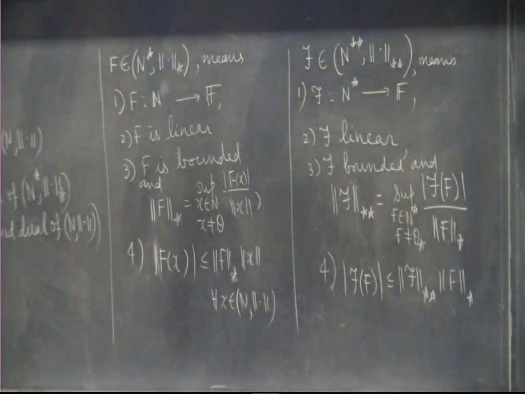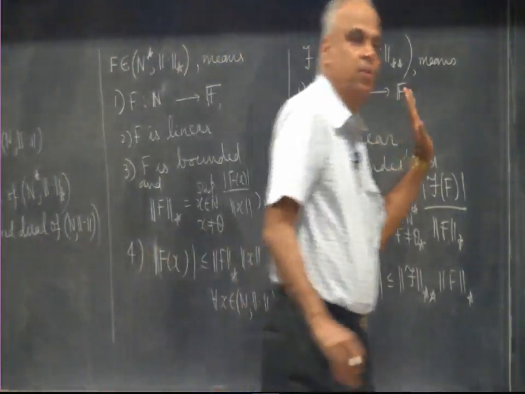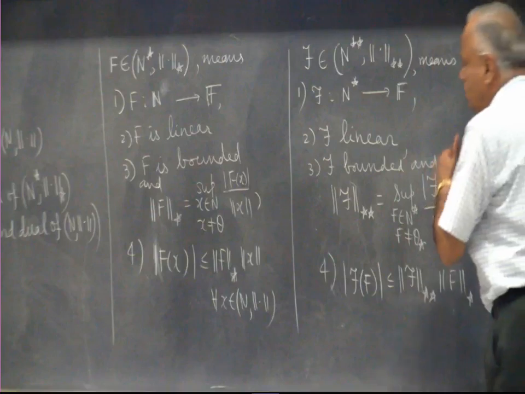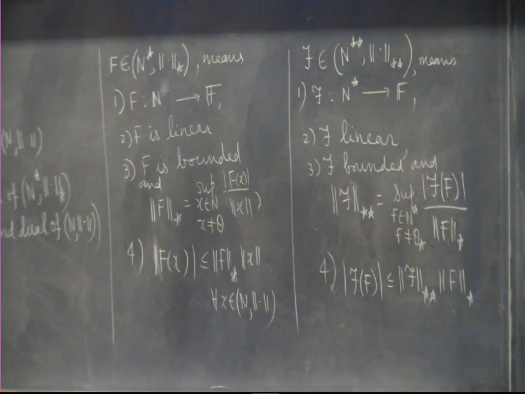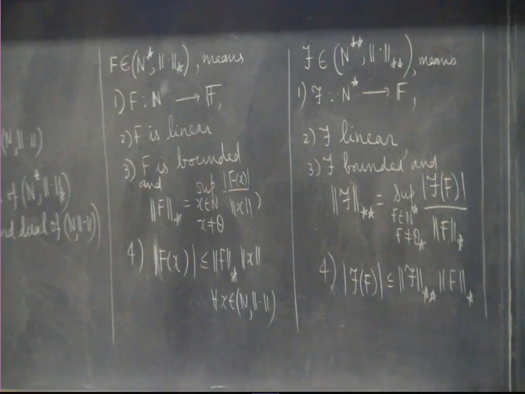Okay. So it's essentially the same thing. Now the norm-linear space is different. For N double star, it is the star of the previous norm-linear space, which is the N star norm-linear space. Okay. Now from now on I will keep using left and right. Now what we are going to do is look at these things in a more general way.